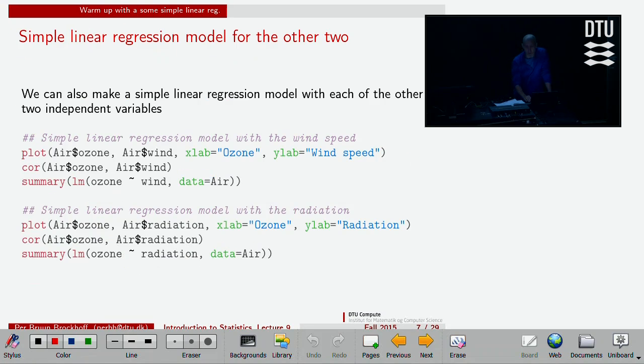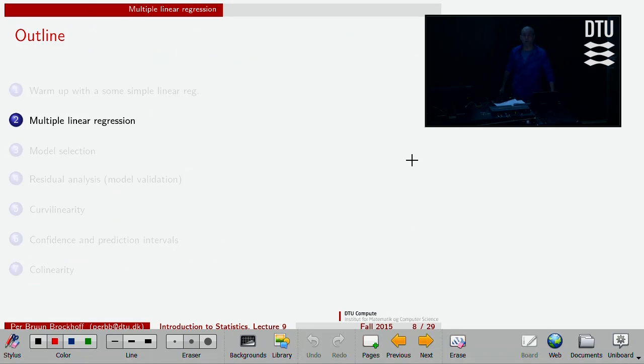That's the simple linear regressions on the other 2. I did that in the R. So we're ready to move towards what is called the multiple, for obvious reasons, linear